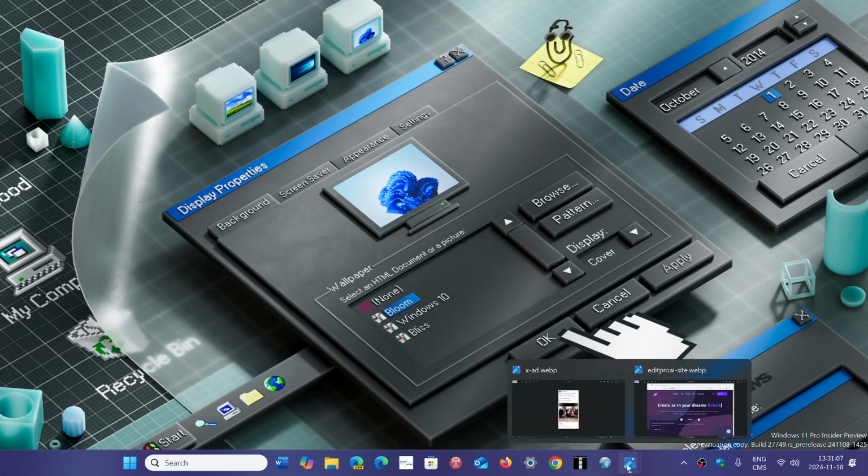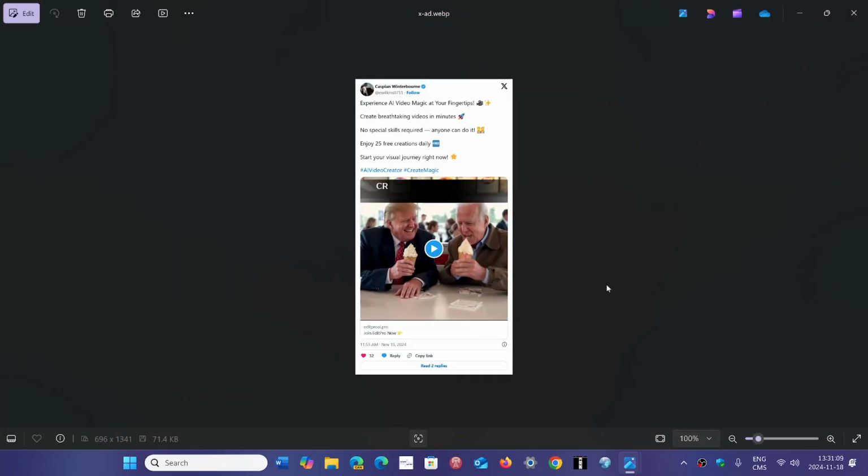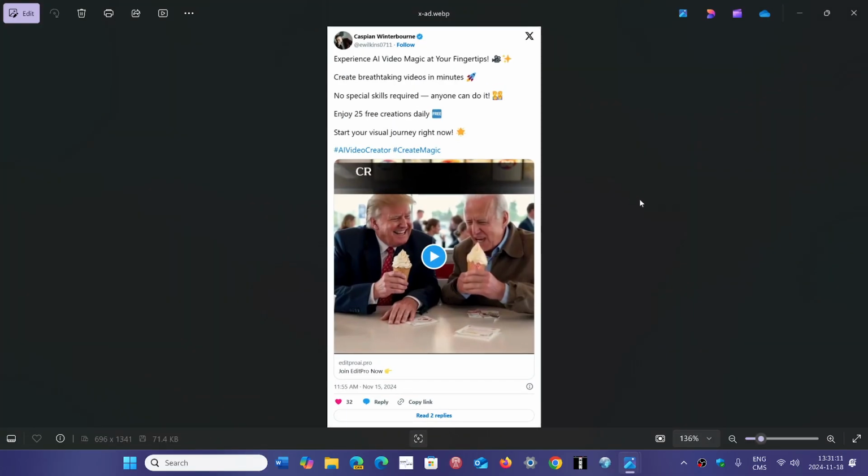So this is an example of one of the ads on the X platform, where it tells you, well, experience AI video magic at your fingertips and so on. And it tells you that you have daily free content. It says here, enjoy 25 free creations daily and so on, with an example of what it could look like and so on. But unfortunately, this is a